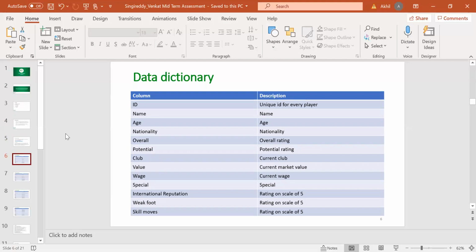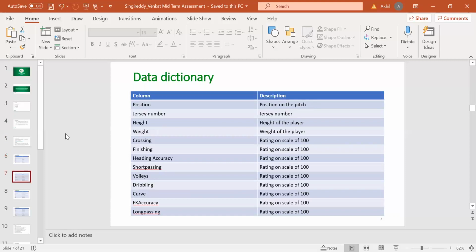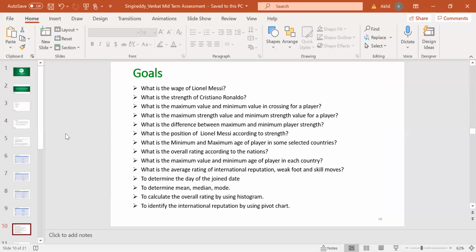Coming to the data dictionary, these are the attributes included in my dataset. Some of them are ID, name, age, nationality, position, jersey number, short passing, volleys, dribbling, ball control, acceleration, agility, reactions. Coming to the goals, these are the goals in my dataset for finding different functions. Some of them are: what is the wage of Lionel Messi, what is the maximum value and minimum value in crossing for a player, what is the position of Lionel Messi according to the strength,